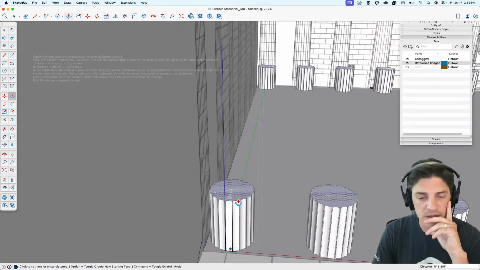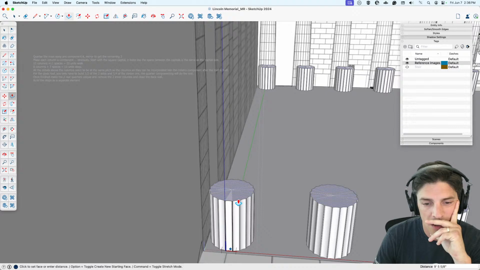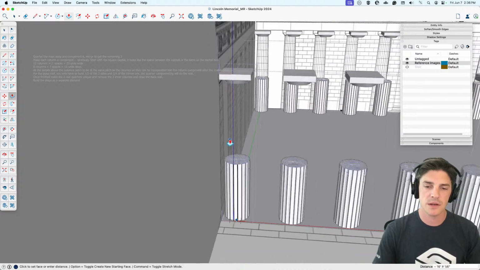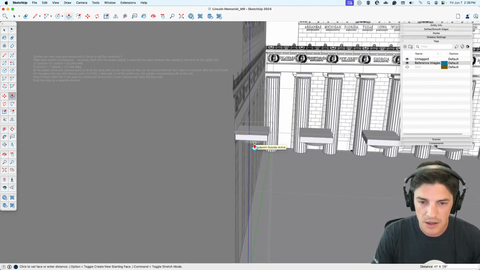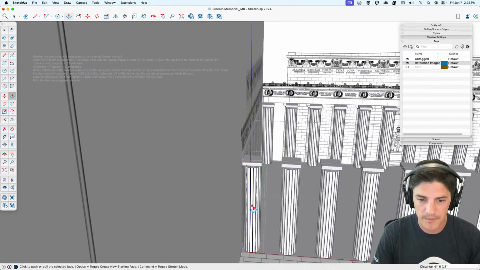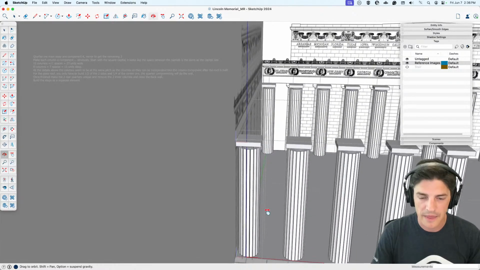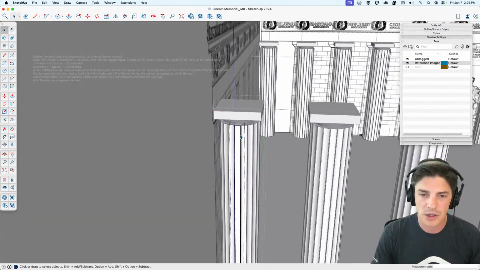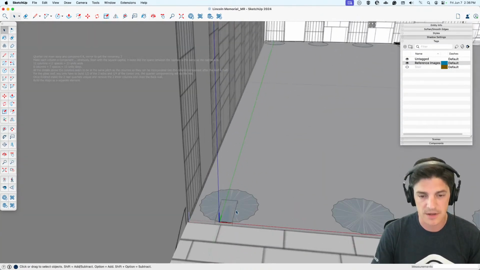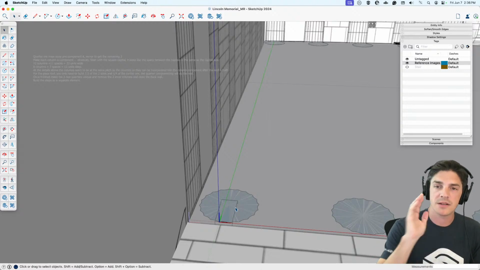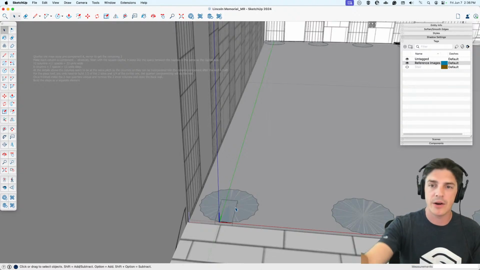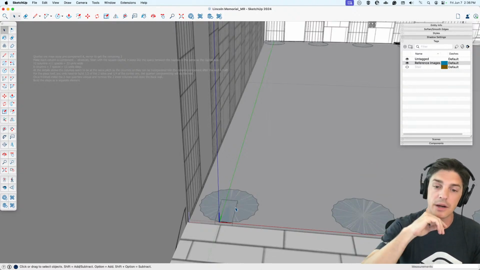Let's see. So if these are all in one, if they are all different components, I wonder if that's gonna cause me a problem here. So okay, I'm gonna push that up to there, and then maybe I should actually go back a couple steps. This component is gonna be arrayed around,